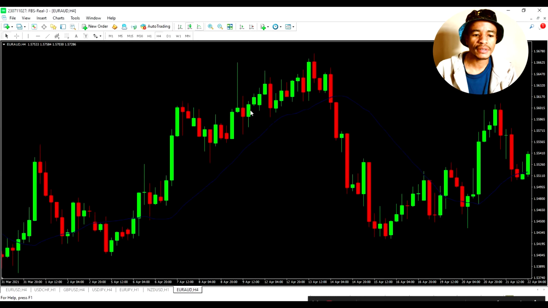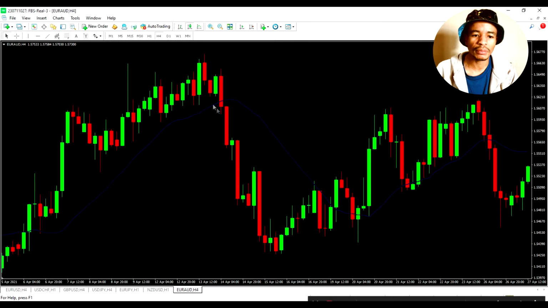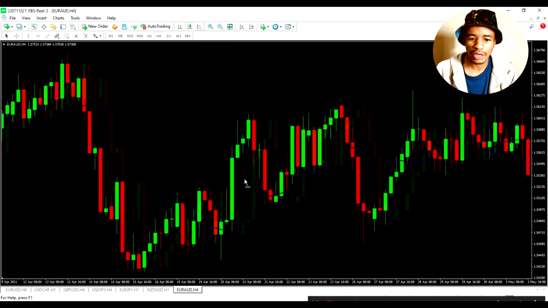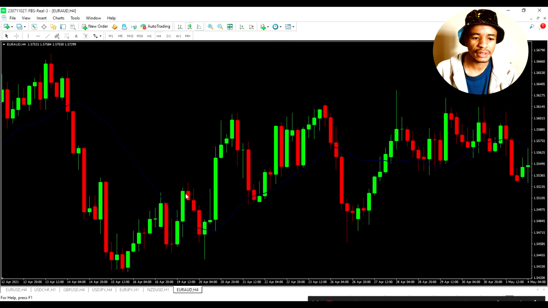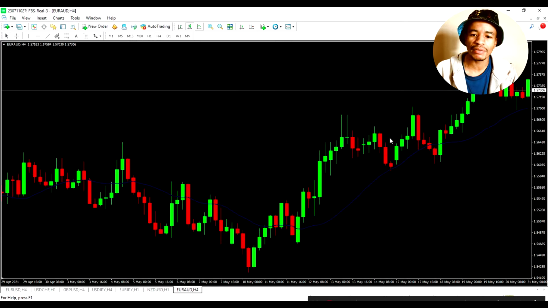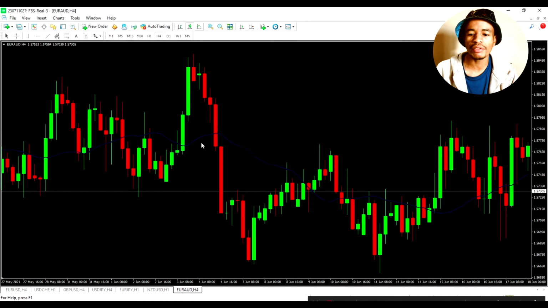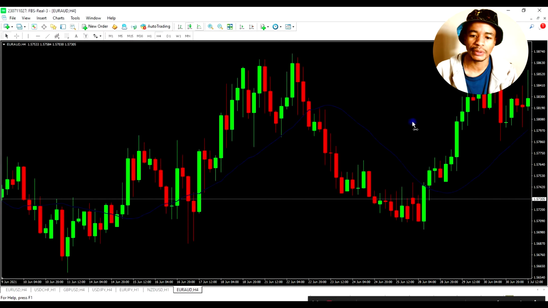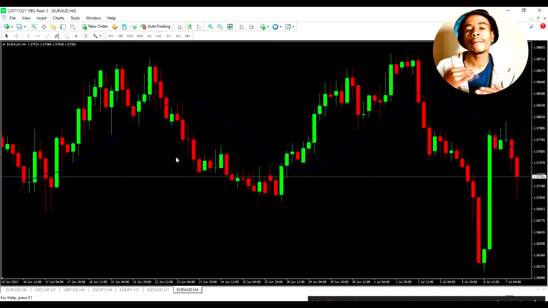So the plan is this: once the market crosses this moving average, we have now changed the trend. We are looking for possibilities to the downside, and once the market breaks again, we are looking for possibilities to the upside. So if the price is above the moving averages, then we are looking for possibilities to the upside, and if the price is below the moving averages, then we are looking for